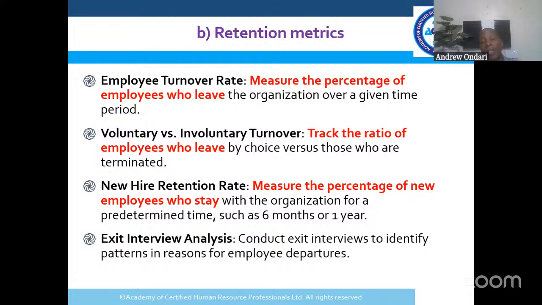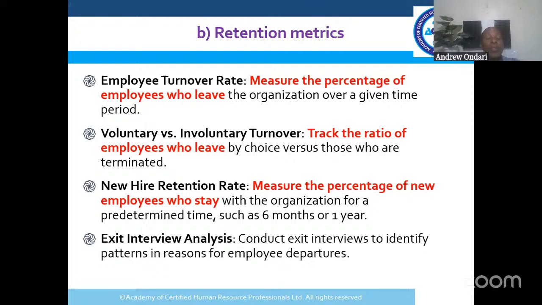If they stay for longer, then our retention strategy is good or effective. And if they stay for less than a year, our retention strategies are poor. So we should interrogate what strategies we put in place,